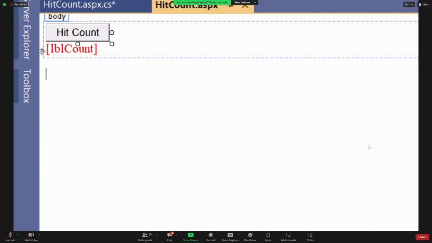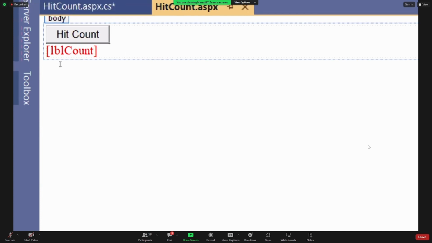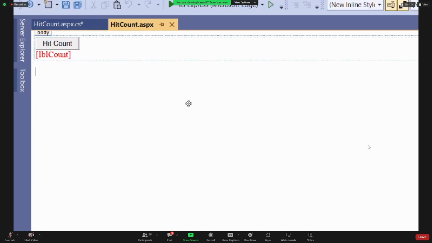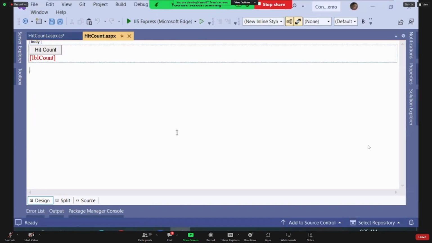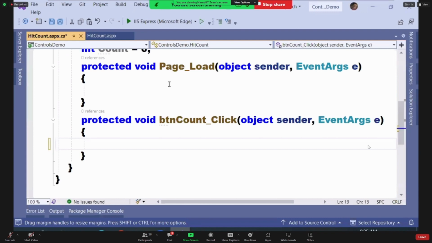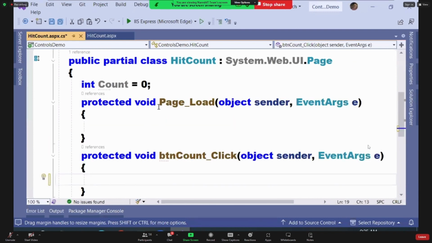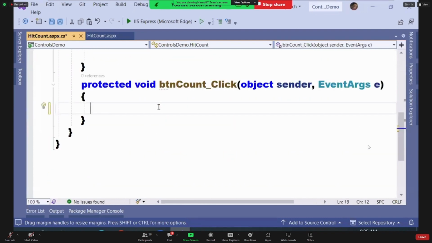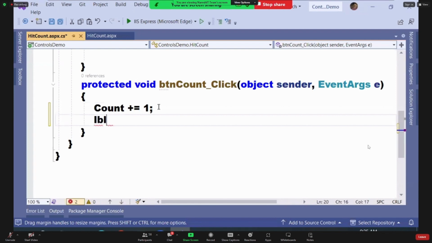You might click on the button once or twice or thrice, but it has to show me the count now. Are you clear? So that's what exactly my requirement is. On the click of the button, it has to show me the number of times the button is clicked. And to achieve it, first I declare one field here, count equal to 0. And coming to the button click, now what I'm doing, count plus equals 1. And then in the label, I'm writing lblCount.Text equals